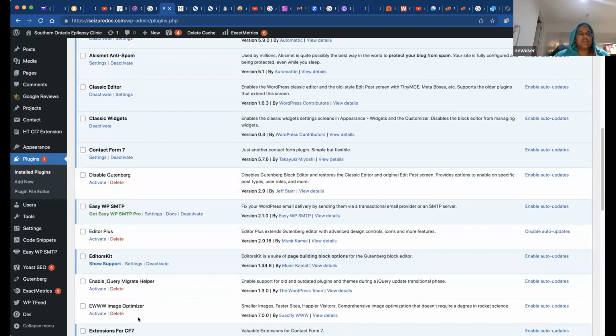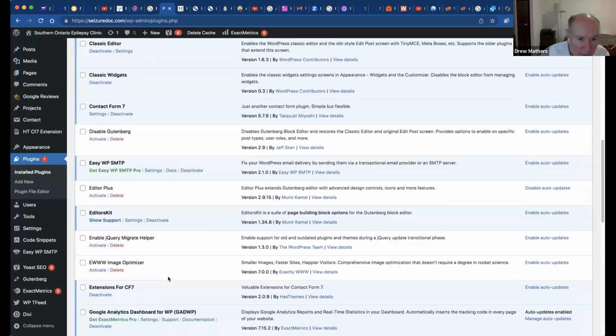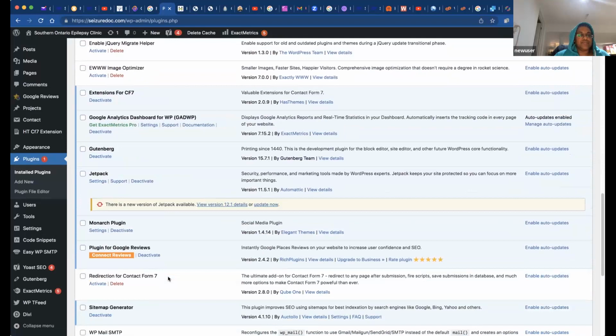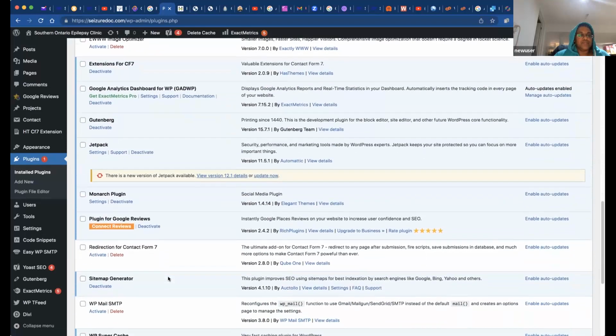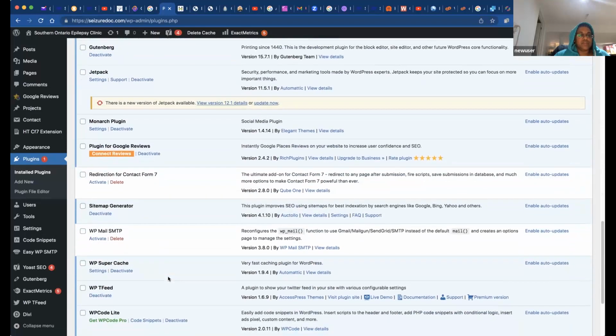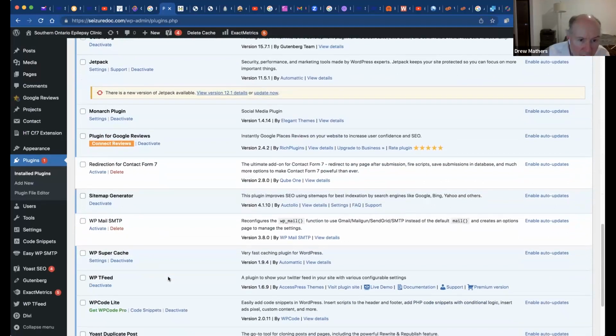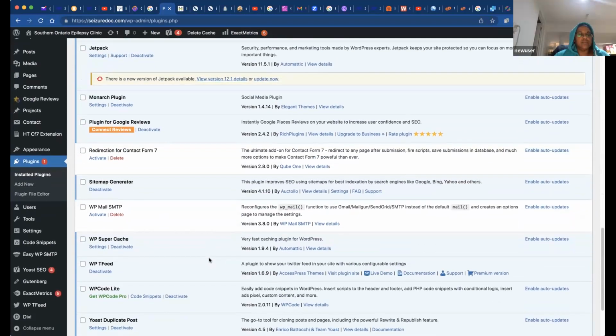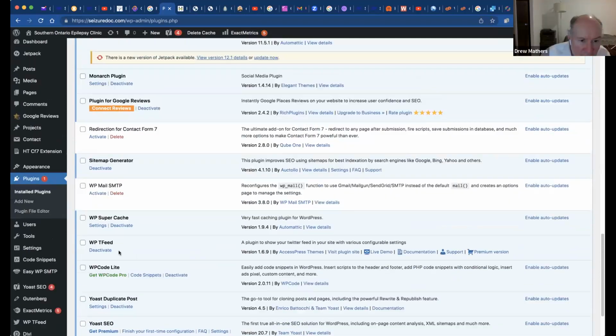Yeah, I have one, but it's not activated. Image optimizer. No, that one doesn't do that. That's only one I have. Super Cache does. Actually, do you have any more than one cache plugin? No, that's it. Let's have a look at the Super Cache settings.